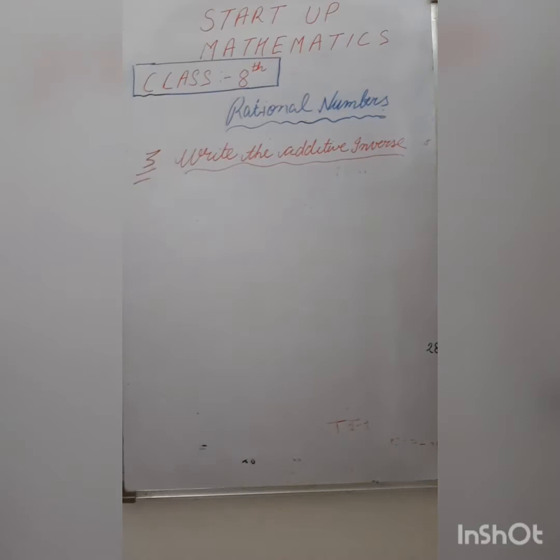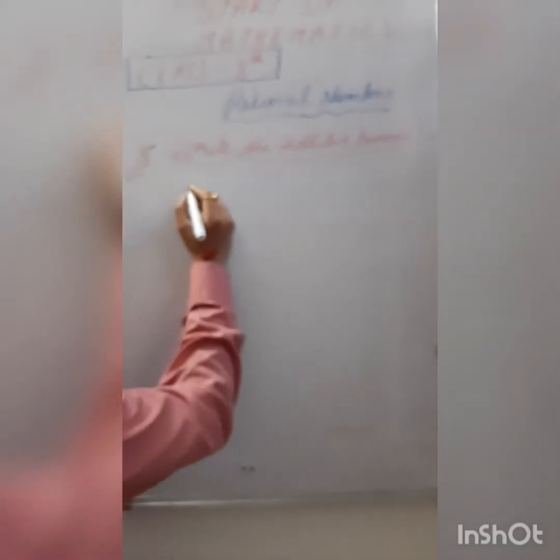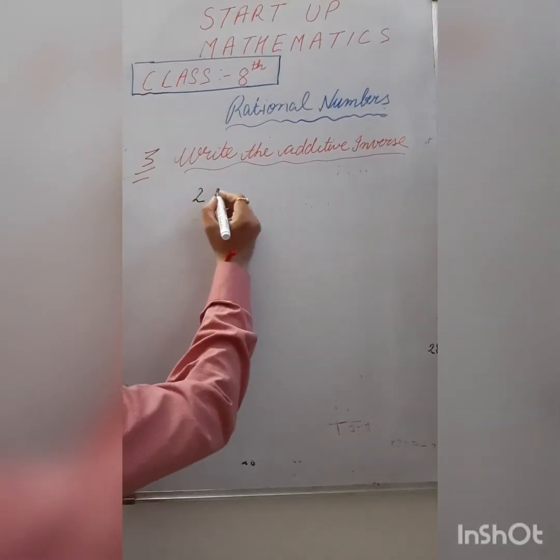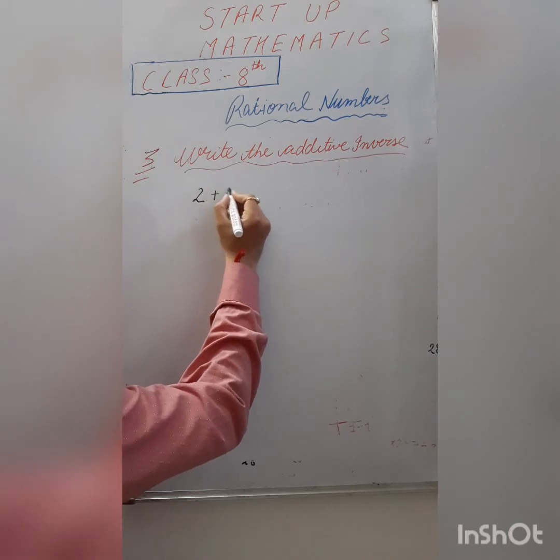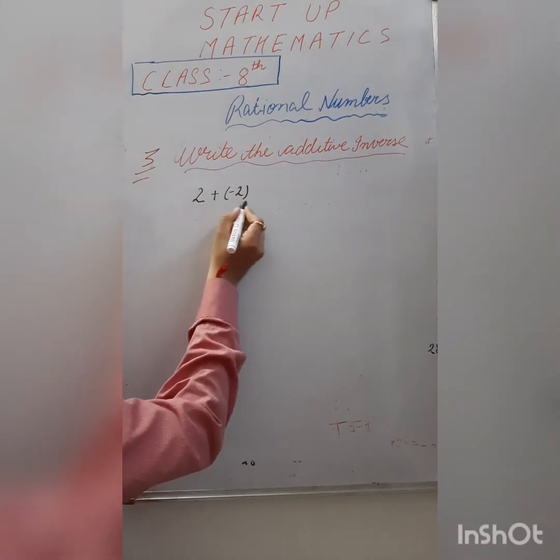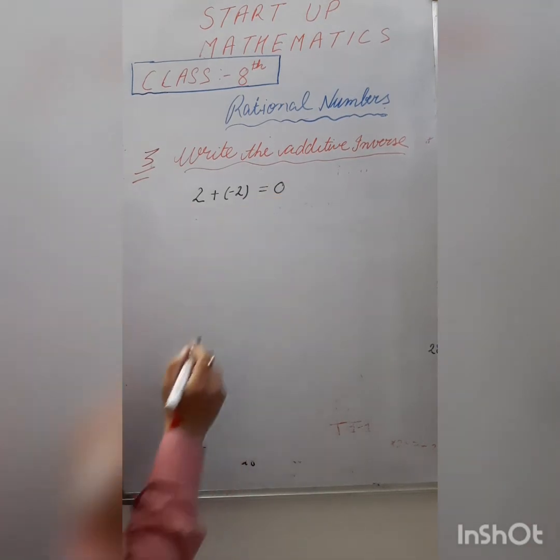Additive inverse, and you know very well about the additive inverse. What is additive inverse? Additive inverse of a number is the number which, when added to a number, creates the sum as 0. अगर मैं आपको एग्जांपल दूं, अगर मैं कहूं आपको कि 2 का एडिटिव इनवर्स क्या है, you say -2. When you add +2 and -2, your answer is always 0, right?